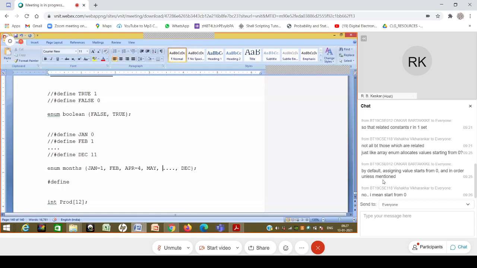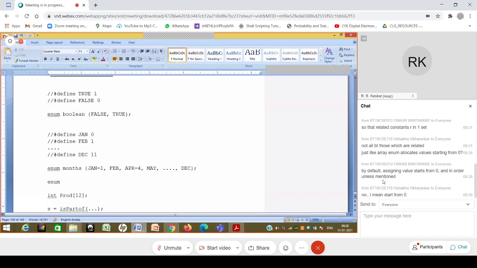So essentially, if you don't specify the values, then it will start from 0 and increment by 1. Or otherwise you have an option to specify some of the values so that other values will start from that point onwards. And in the worst case, you may have the option to define all the values separately. It is like just bringing different hash defines together, which might be related. Again, you get them together in enum only if they are related. Okay, otherwise you don't get into enum. This is not for random hash defines to be combined together.